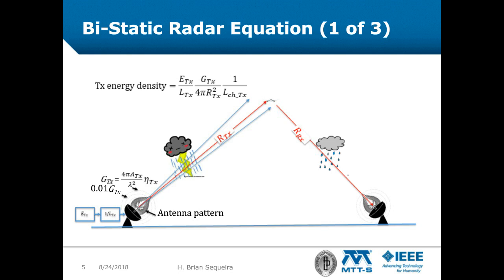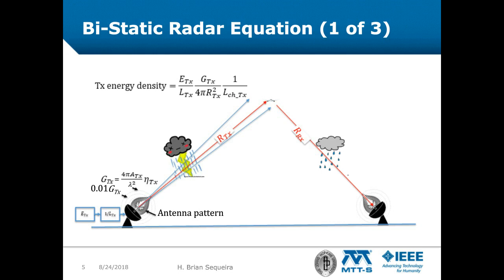If an antenna was not present, the energy would spread isotropically over a sphere of radius R sub Tx, which is the distance to the target. The transmitted energy density at the target's distance is the energy delivered to the antenna divided by 4 pi R sub Tx squared. The antenna concentrates energy in the direction of the target and in so doing boosts the energy